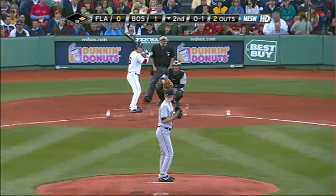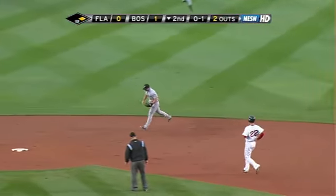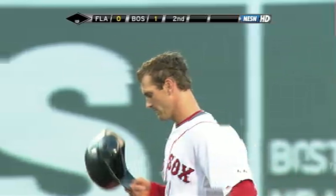You know how he's going to come off. Just a very strange chopper. It is, because the only thing was that it appeared that Ellsbury had stopped or at least paused at third base. Line caught by Uggla at second base. It ends the inning. The Red Sox get a